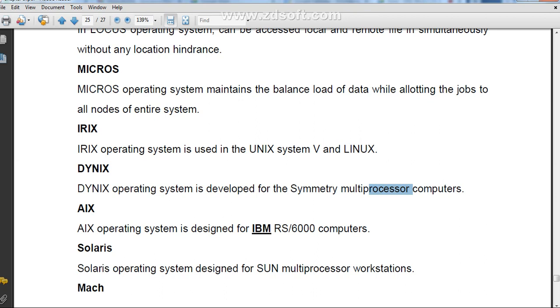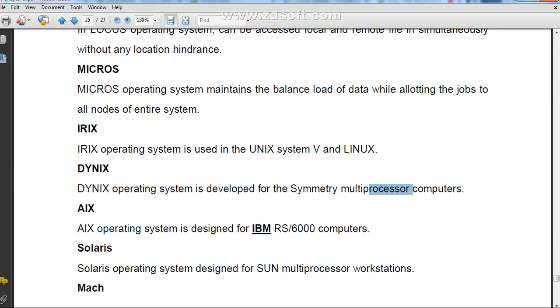To use that particular multiprocessor, that operating system is developed, that is Dynix. Then AIX, that operating system is designed for the IBM RS 6000 computers. This is also an example of a distributed operating system, specially designed for that particular IBM. Then Solaris, this operating system designed for the Sun multiprocessor workstation.